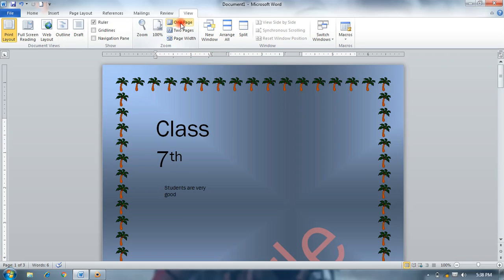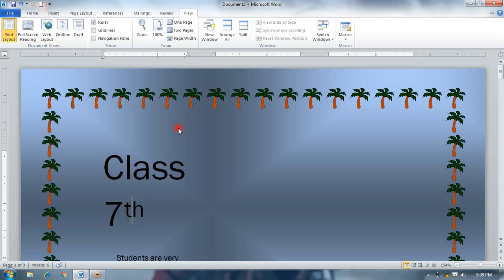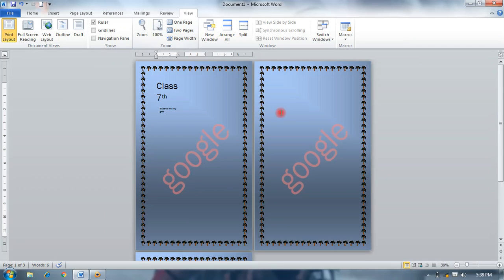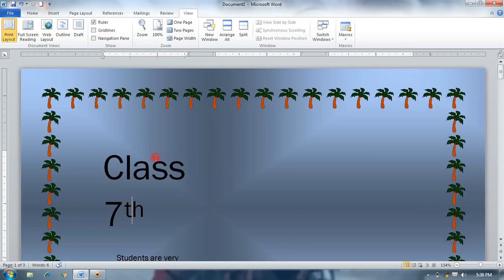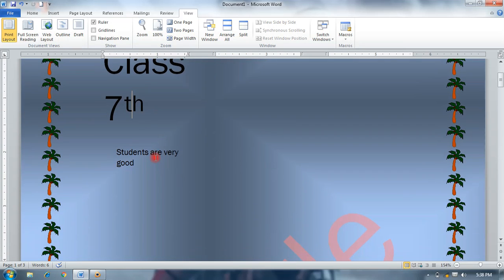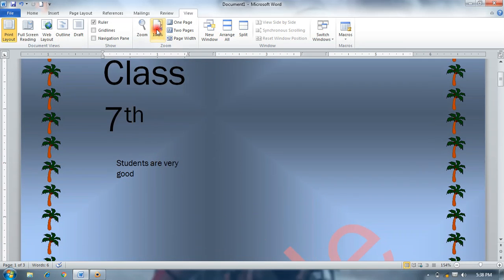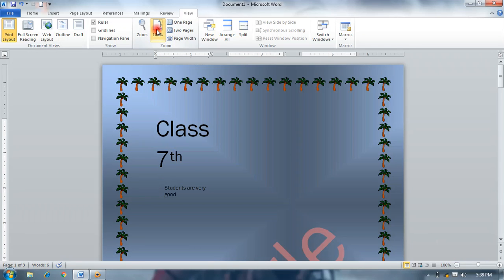Say one page, two pages, page width, you can select from here. Two pages, you see two pages at a time. One page, you see only one page at a time. Page width is, width increases as per your page. So we always work on 100% view.